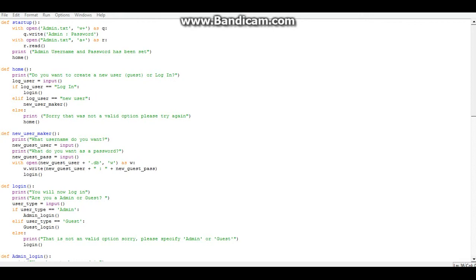For this you will need to know quite a little bit about Python, including the open command and how to define a function and how to read and write documents. So basically we start off with defining a function called startup. And what we do is we will open a document and open it as writing. So if we haven't created it already, we will then write inside the document admin: